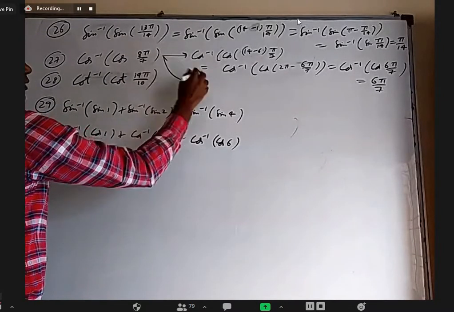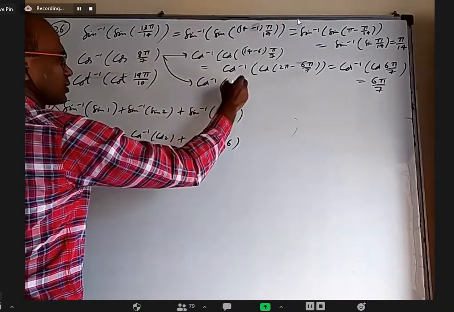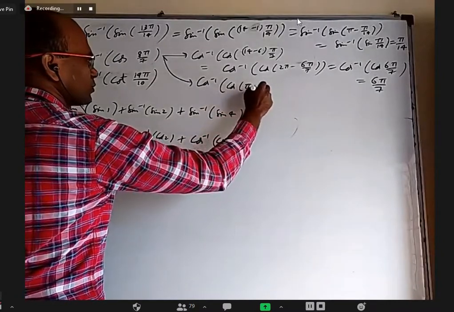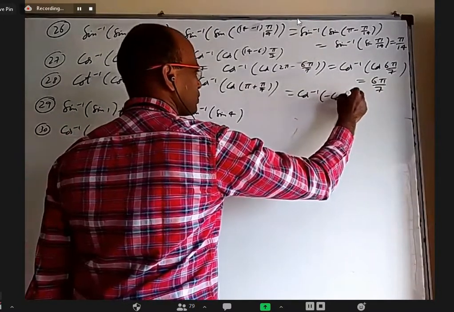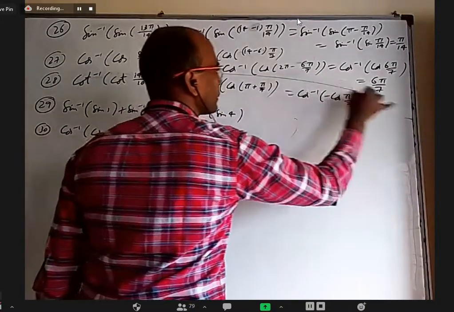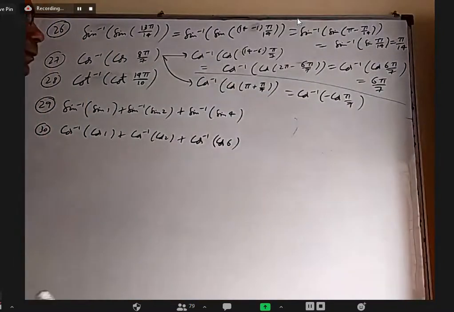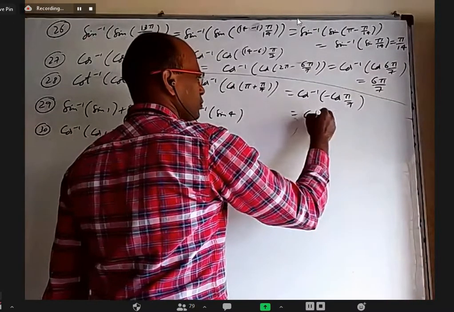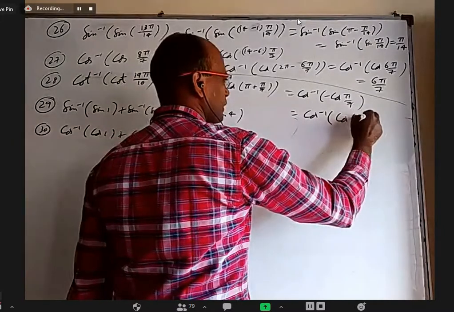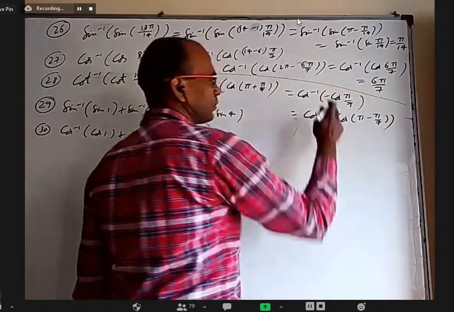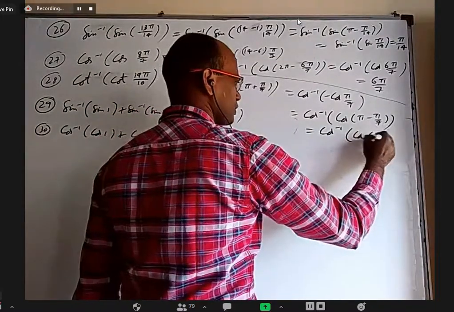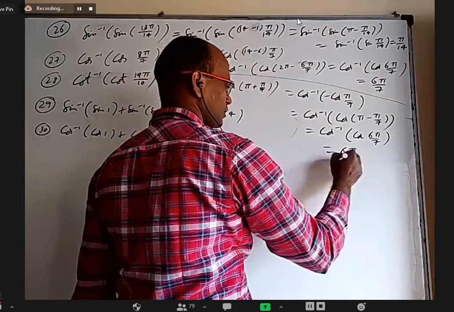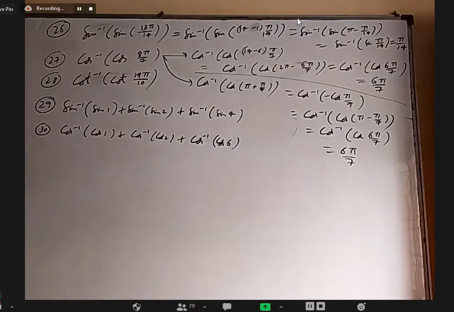Whereas, if somebody, let us say, wrote cos inverse cos of pi plus pi by 7, they might have got cos inverse of minus cos pi by 7, and they may ask how to proceed further. They have to know this can be written as cos of pi minus pi by 7. Minus cos theta is cos 180 minus theta, which is cos inverse cos 6 pi by 7, and thereby it is 6 pi by 7 within the principal values. Okay, so you can write like this or like this.